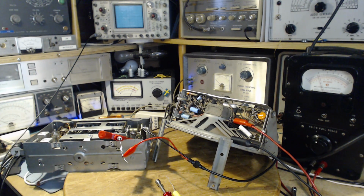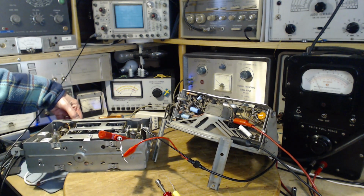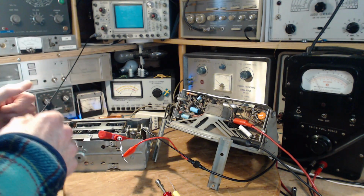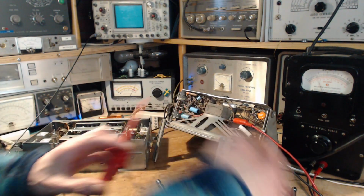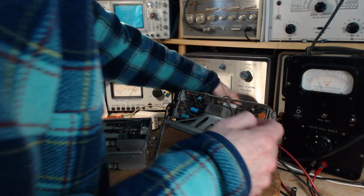The last adjustment is L, and this is adjusting the pointer. Once again, I'm not so sure I even want to bother with that. The pointer can't be that far out. This radio's probably not that accurate, precise anyway. Let's put the antenna on and see how it's working at this point. I think that would be a better idea. Bearing in mind that's never going to work all that great here in my shop, but